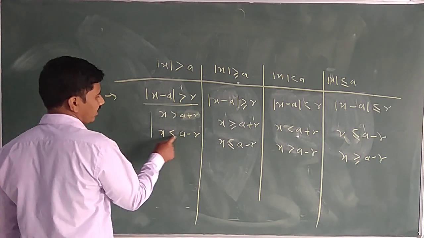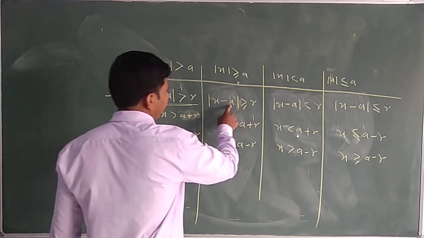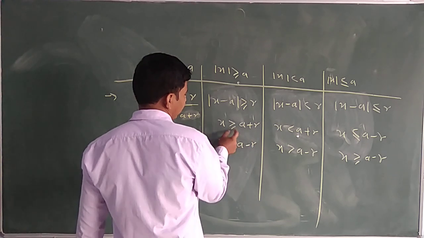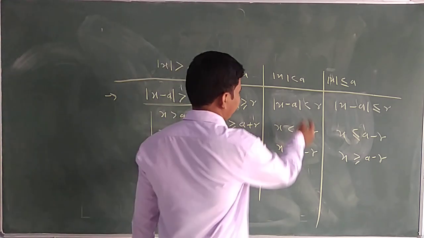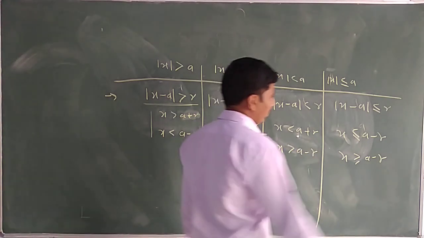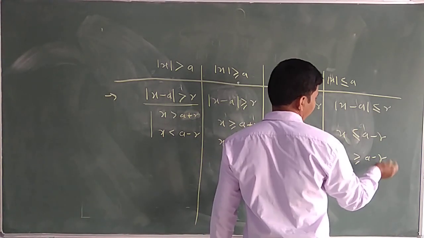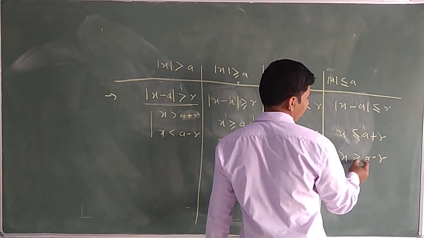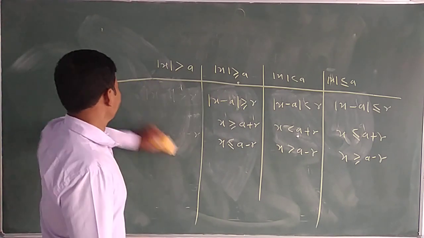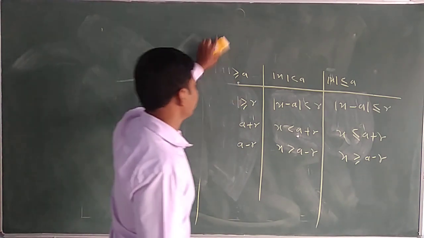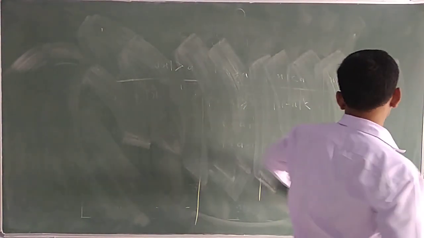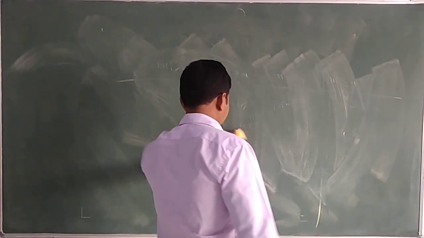Next time we will do the less sign, a minus r. Take a as it is that side, take the greater than symbol as it is, a plus r; change sign, take a minus r. Take the less than symbol as it is, a plus r will be there; change sign, a minus r will be there. Okay? Take the symbol as it is, a plus r will be there, and changing sign, we get a minus r. These are the shortcut ways to remember all these solutions. These are the major solutions; we need to solve some examples.